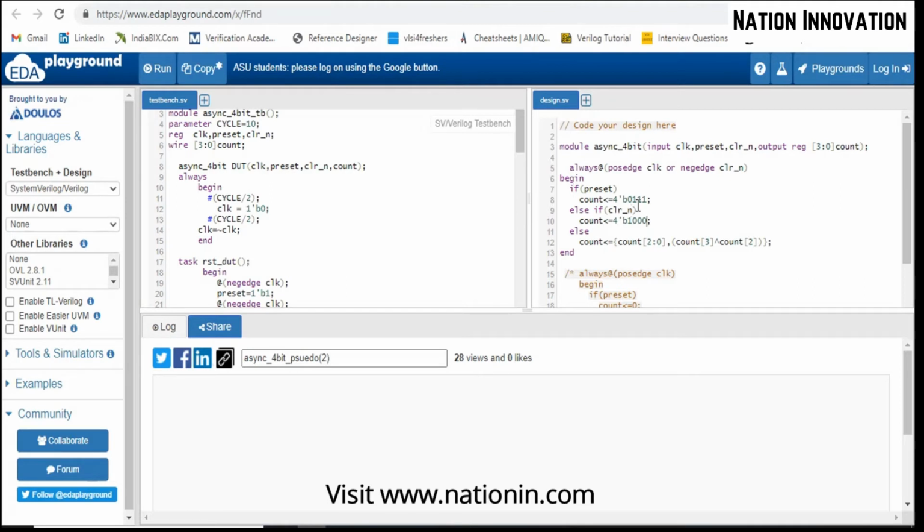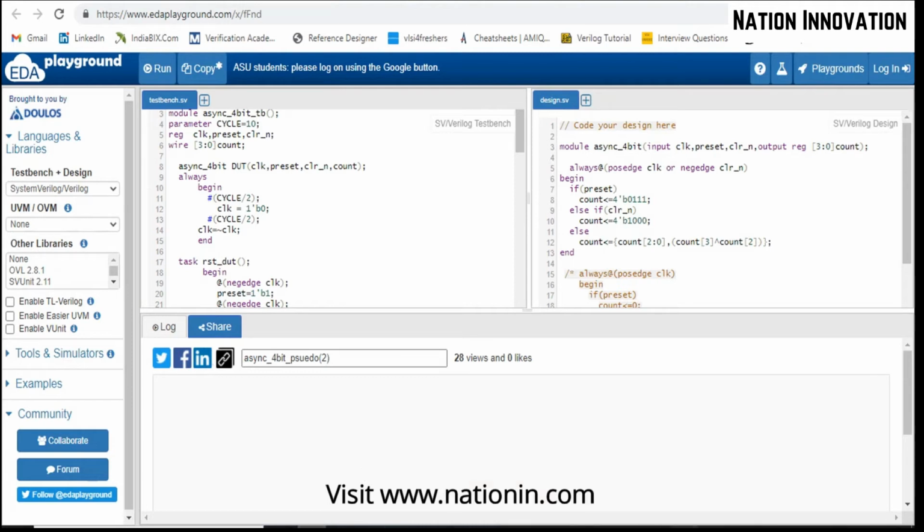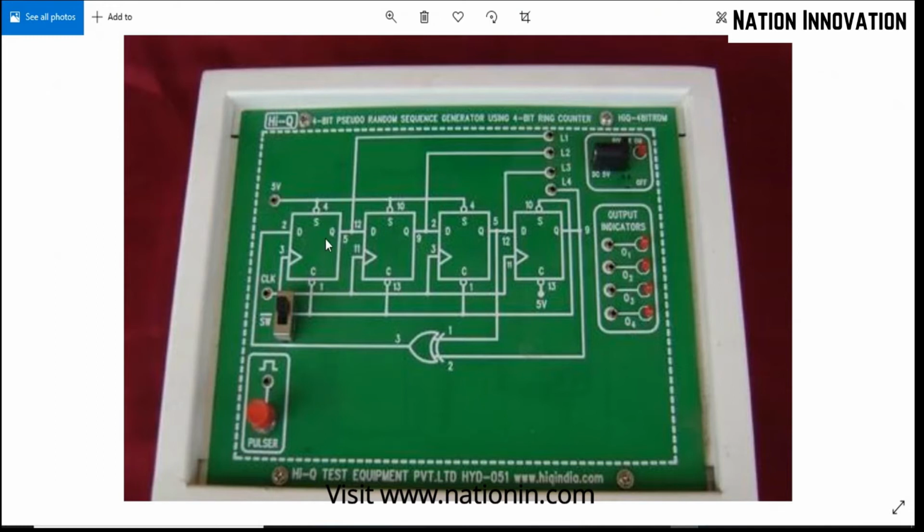So if preset, then what will the count output be? If there is a preset state, what is going to change? If we activate this asynchronous input, one will be here, one here, one here, and the preset signal is not connected here. Set signal is also known as the preset signal, so don't be confused about it.